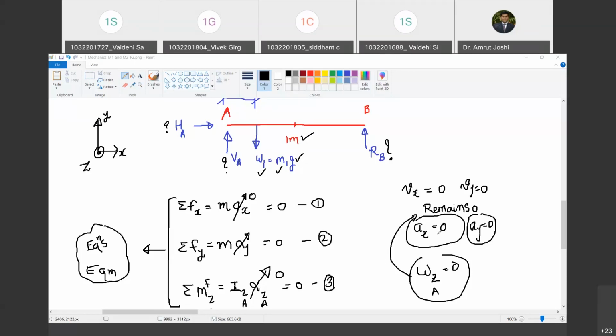So what is the notion of equilibrium? The notion of equilibrium is the body should exhibit acceleration equal to 0. If the body exhibits acceleration equal to 0 and it possesses 0 velocity, then we call it a static equilibrium. Are you with me? Yes, sir. And if the body possesses constant velocity and therefore acceleration is 0, still the equation holds good, but we call it dynamic equilibrium. Because the body is moving. So this is the case of what? Static equilibrium or dynamic equilibrium? Static.